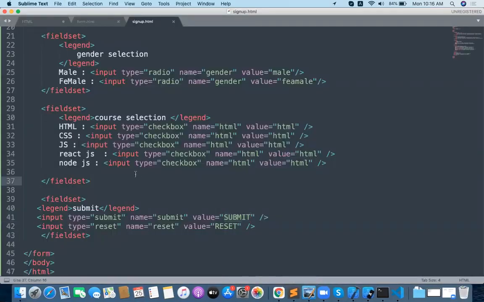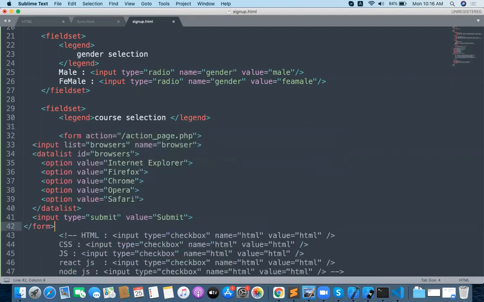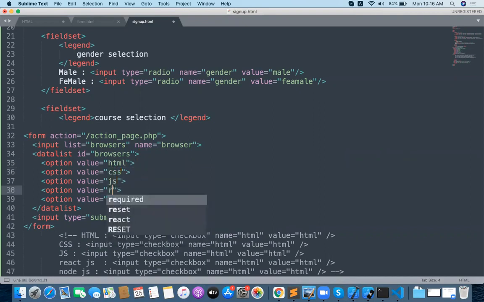Okay, so without going into this particular one, you can switch off this one here. I don't want to show the checkboxes and all. That is the old pattern of input taking, and this is the latest version of input taking. There are multiple options you can select: you can choose HTML, CSS, JavaScript, or React JS.